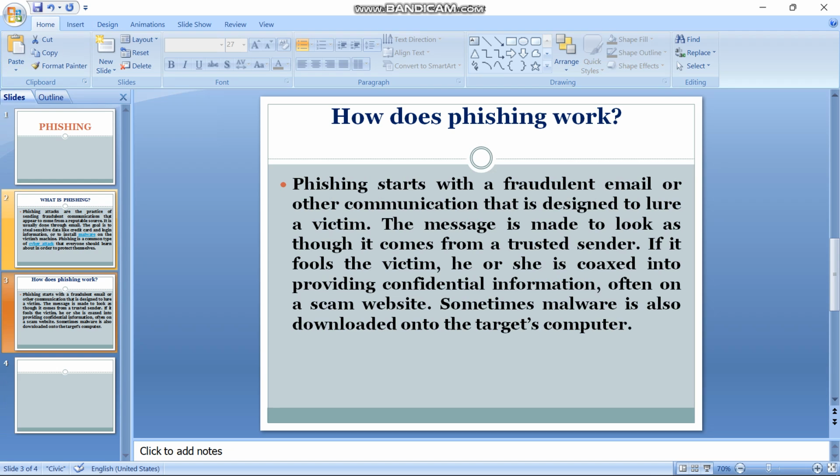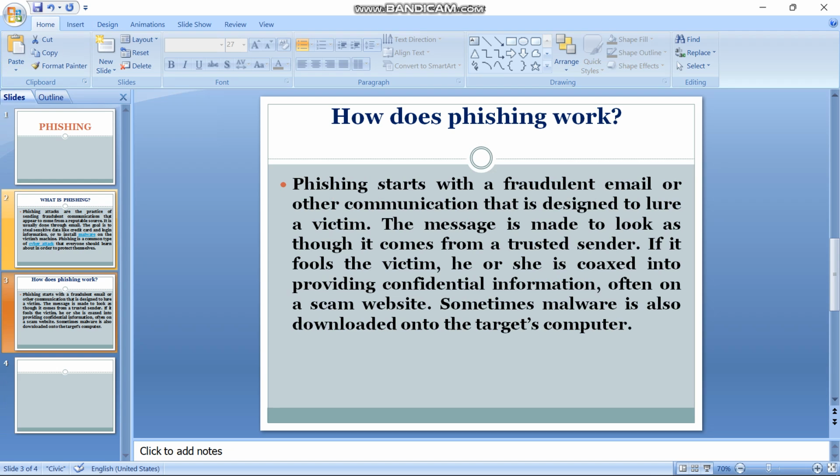How does it work? Phishing starts with a fraudulent email or other communication that is designed to lure a victim. It means that a hacker can easily make a phishing page. What is a phishing page?